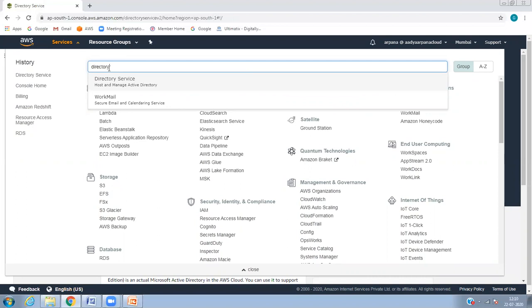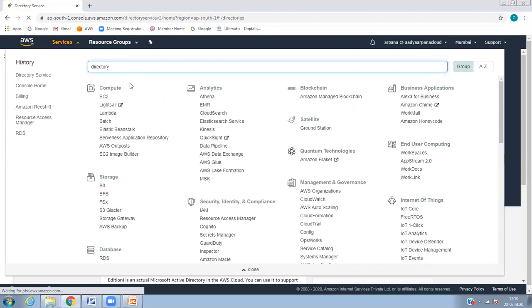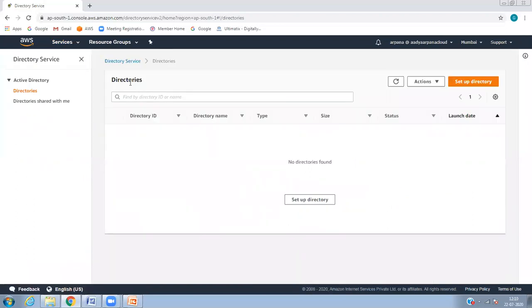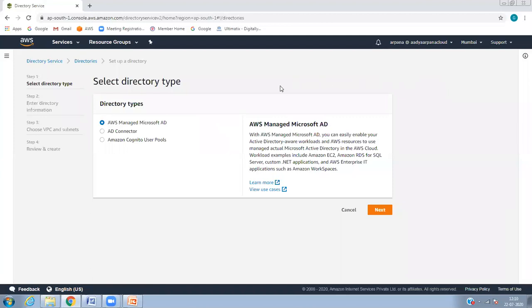Because for FSx, without a domain you can't create a Windows file system. So that's why we have to create a domain. Go to directory services and set up a directory, and I'm going to use AWS Managed Microsoft AD.